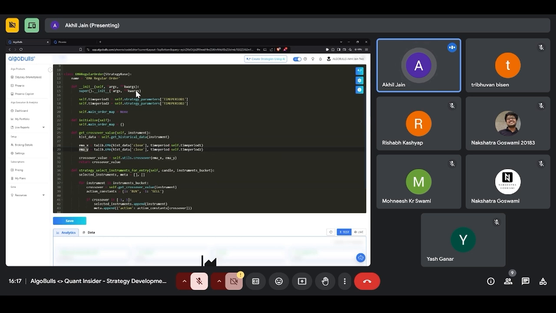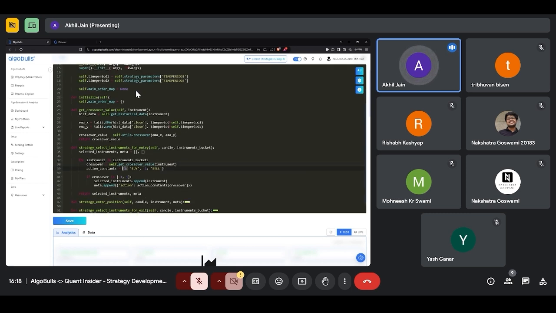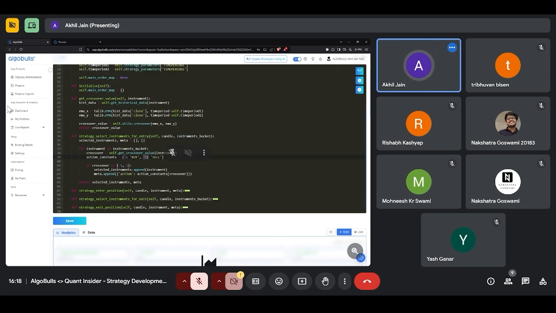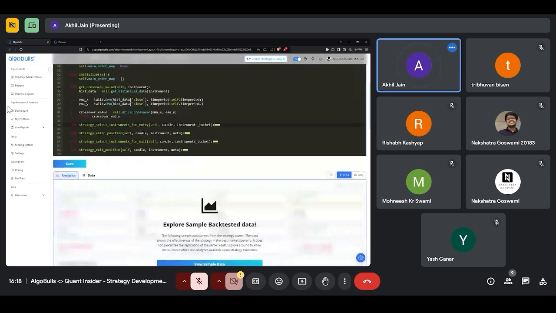Next, we are again calculating the EMA for the second time period. And third thing, we are passing the first EMA and the second EMA, and we are using an inbuilt function called crossover. And we are saying, give me one of the three values. Either it's a 1, or it's a -1, or it's a 0. And once I get that, I'm going to return it, which I will receive here because I've called the method from here. So I've received my 1, or I've received my -1, or I have not received anything, which is a 0. Based on that, I will select. So out of the four methods, this is one of the methods wherein I am just doing the selection. So this part is just helping me with selection.